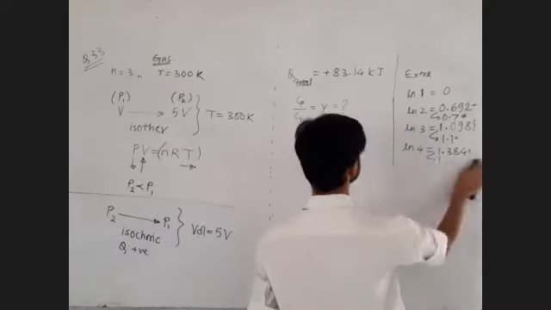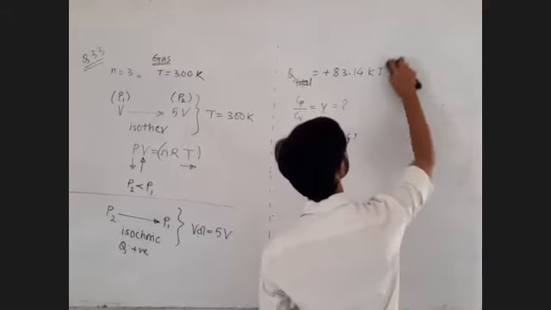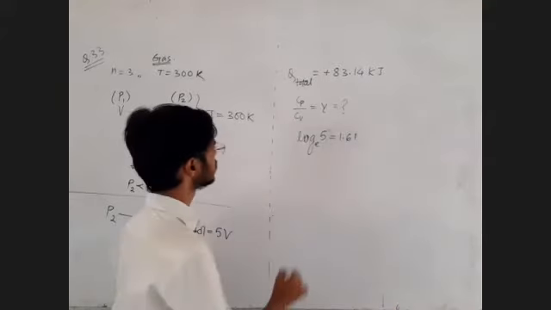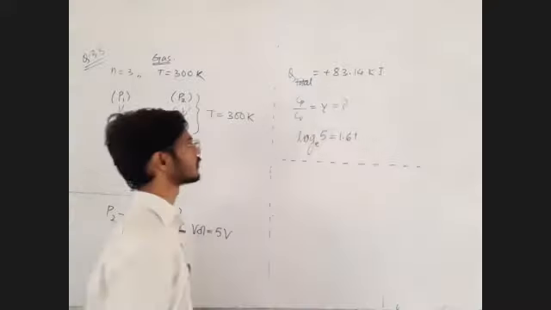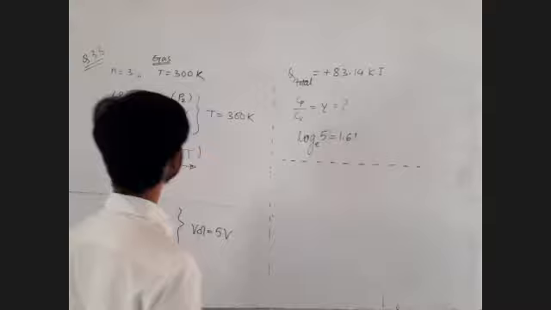Now what they are saying, find out the value of Cp upon Cv. Now what is the way of solving this question? काय करायचं? Tell me. How do we find the value of Cp and Cv here? Means gamma we need to find out. Okay sir, fine. Now let us first try to draw the graph.